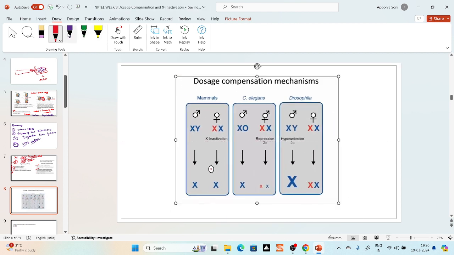Now you see that in all the three species, this is your female, this is your female. In C. elegans, this is male and this is female. Can anybody tell me what this sign signifies? Anybody who can tell me what this sign means? This is for males and this is for females. This means,